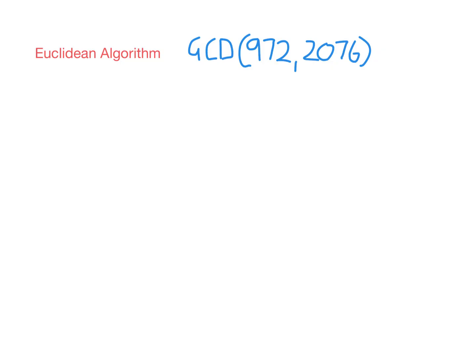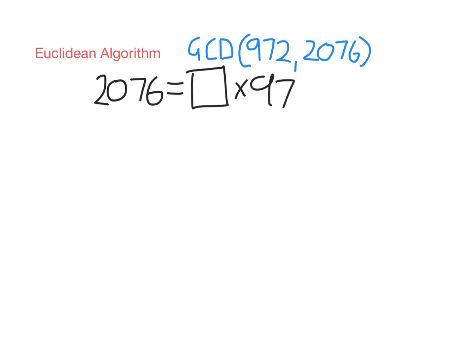Now we're going to do this by hand, so clearly we don't want to check every single natural number up to 972 to see if it's a factor of both. What we do is this: we take the larger number, so in this case 2076, and we write it as something times the smaller number, in this case 972, plus some remainder. So 972 goes into 2076 twice. So if you times these two together, you get 1944. The remainder left over is